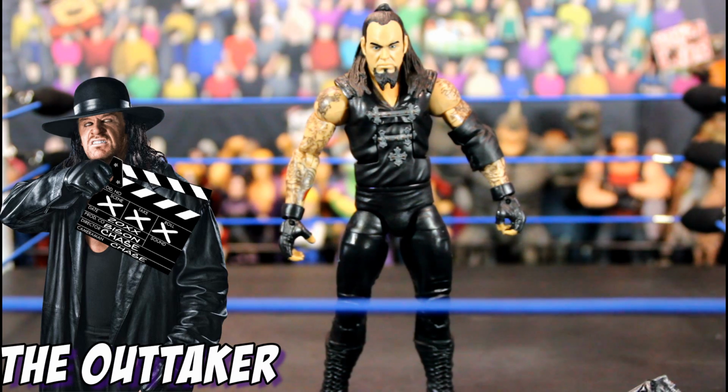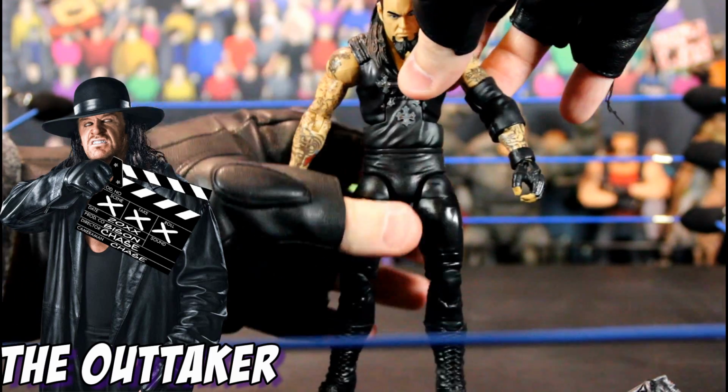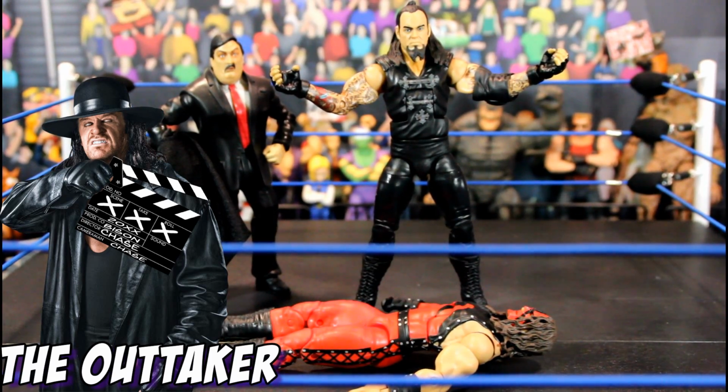Now, this being a Defining Moments figure, comes with all the articulation one would expect. Waist articulation... Overall, I'm...